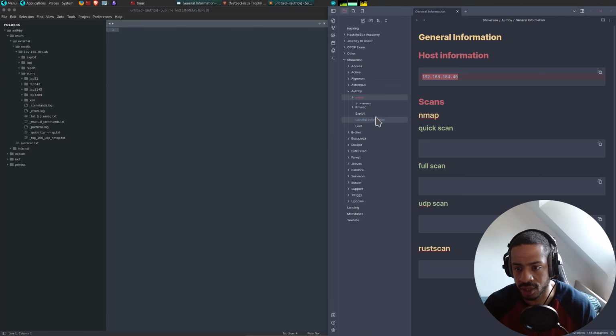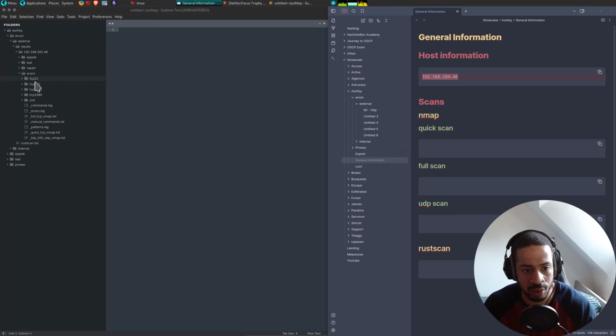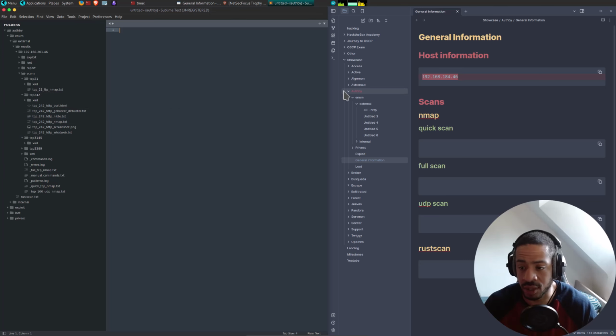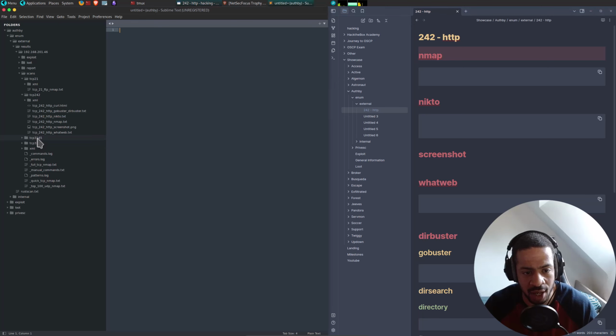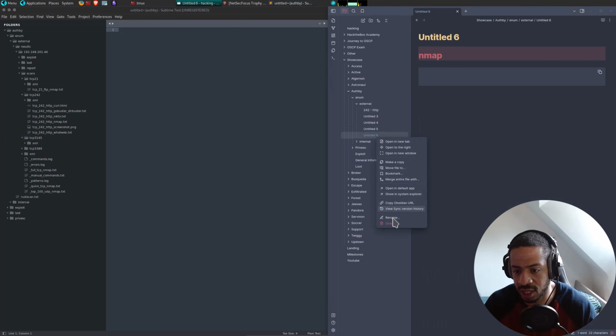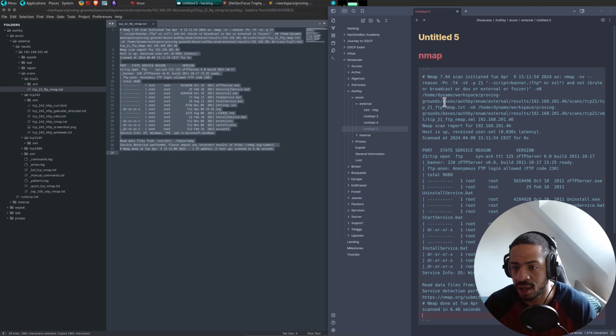So we've got 4 ports. Let's go into enumeration, external. We've got 4 ports. We don't need this one and we don't need that one. Do we need a port 80? It doesn't look like it. FTP. Oh, this does look like port 80, so let's name that 242. And then we've got RDP and an unknown port, so we can delete one more. Let's start with FTP, sorry. Let's copy that here and name this FTP. Then let's go into the next one,